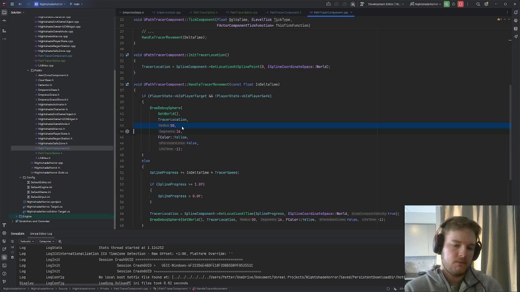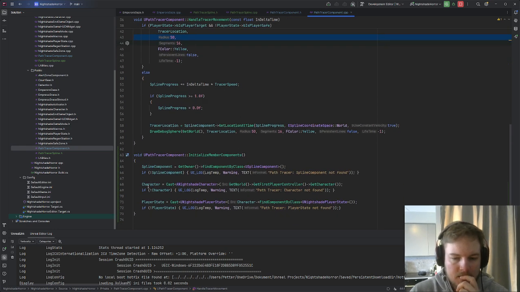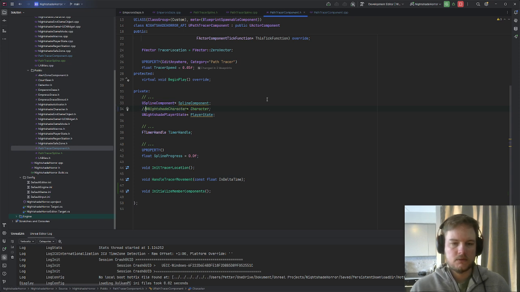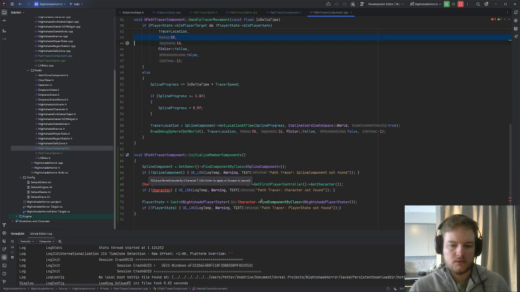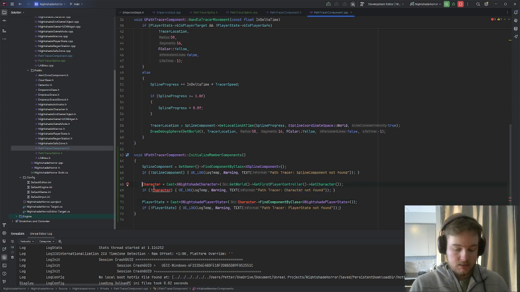Makes sense. Otherwise, it will just continue along the spline. But it also says I'm after the character. I don't see why I need a character. Because I need that. But then again, instead of doing all of these things,